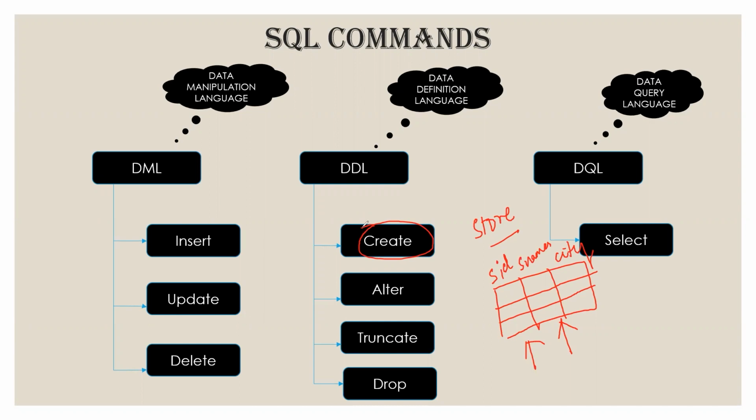Now, once I created it, I got an idea. No, let me have the store ID as only numbers. Okay. For some reason, my registration has got in such a way that I will be having only numbers in my store IDs. Then I need to change that setting, right? For that, you can go ahead and use alter. Now, any previously created setting you want to change, then you can use a command called alter.